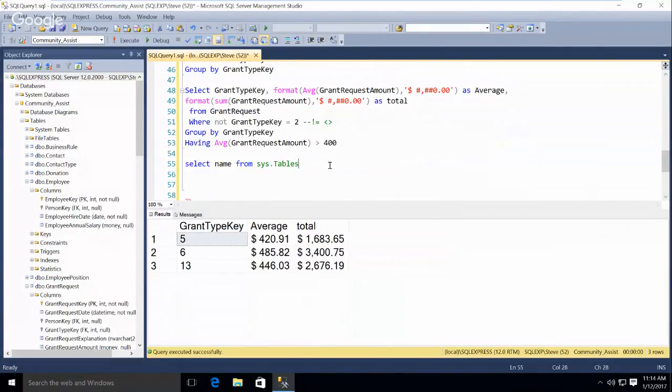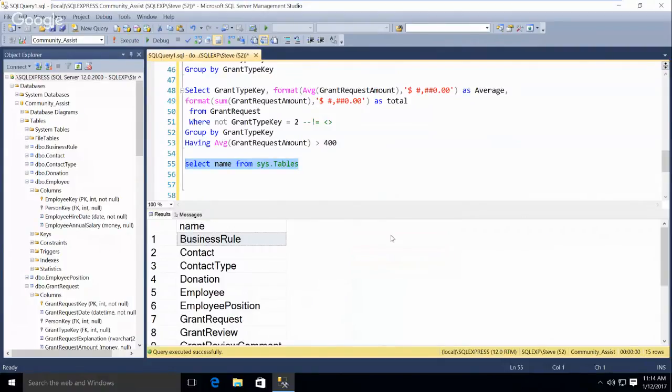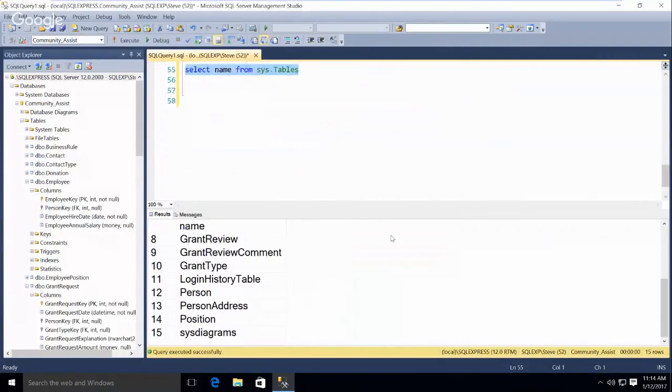Now these sys queries are system queries, and basically notice what the name of all the tables in the database is. It is context sensitive, so whatever database you're in, if you do that, it'll do sys.tables.